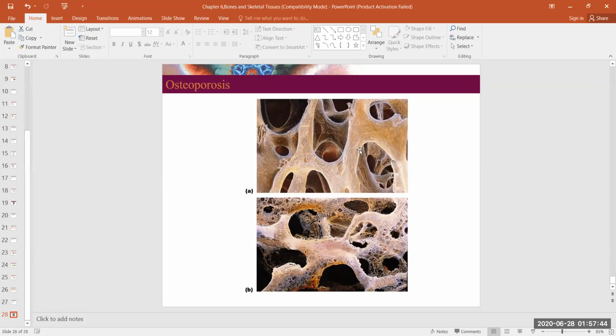Osteoporosis, you can see here, this is the normal bone, and you see the abnormal osteoporotic bone. What do you see? Let's compare this area only, or this area only. See the pores in the bone? That is called osteoporosis. Okay, so that is all for